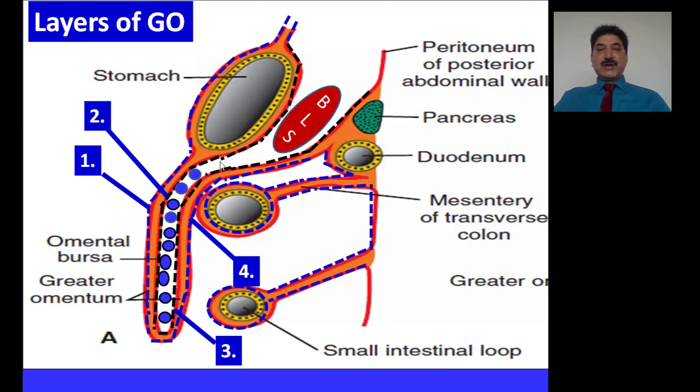Above the gastrocolic ligament lies the inferior recess of the lesser sac. The body of the lesser sac lies between the second and third layers of the greater omentum. Thus it is said the second and third layers form the peritoneum of the lesser sac as shown in this figure.